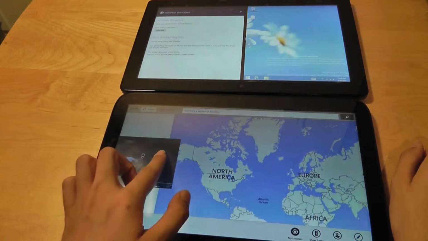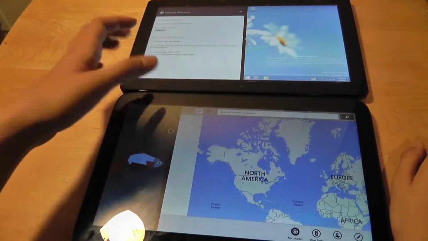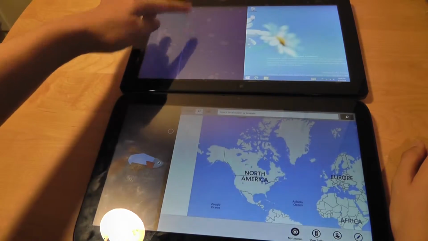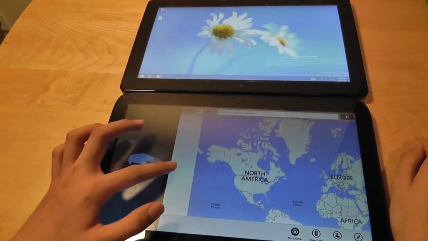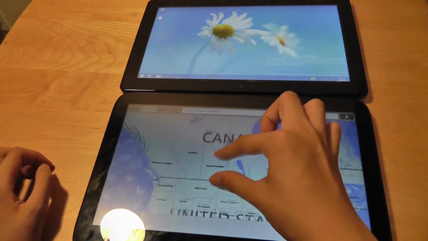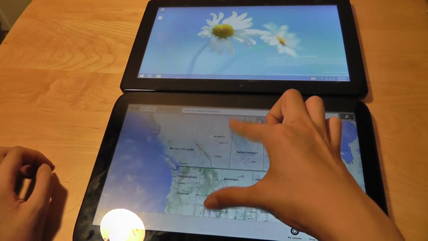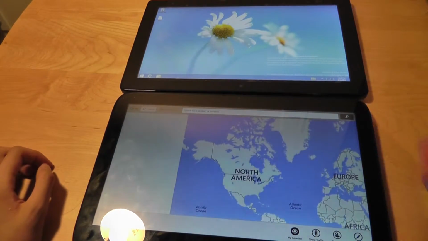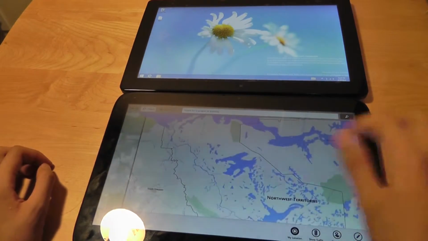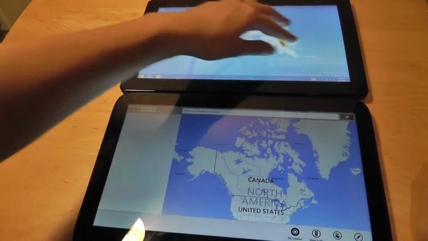You can also, of course, add in a different application to the side of the device, so you can multitask by having two applications run at the same time. This is a pretty impressive facet that both products do pretty well. Again, you don't have any 5-finger support, but 2-finger support is supported, but there is a lot more lag. So if we wanted to zoom in and out, you can see how it takes a lot longer for the device to actually recognize that, as opposed to on the Samsung device, which tends to be a little bit more